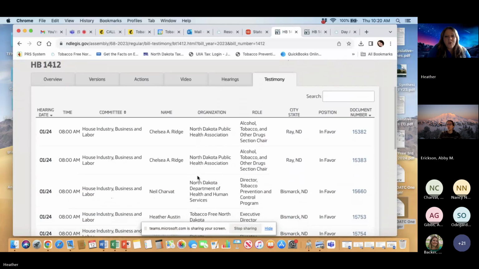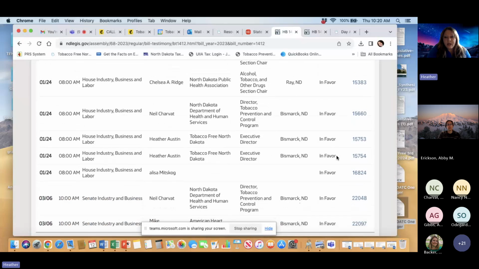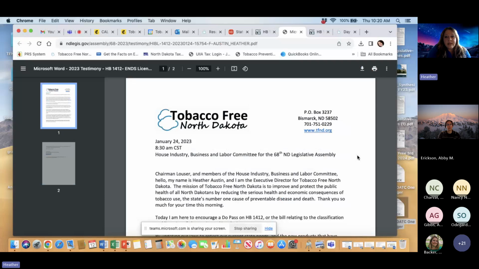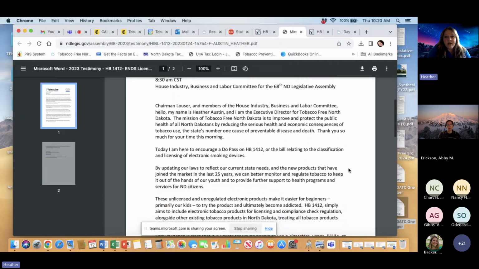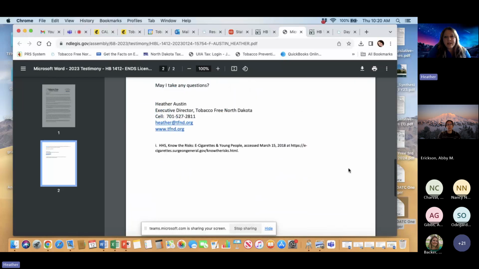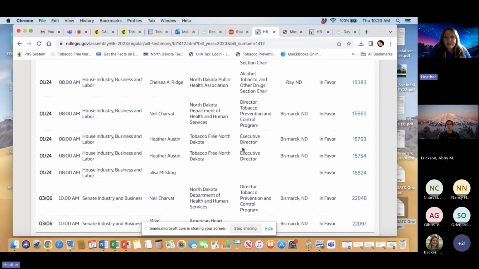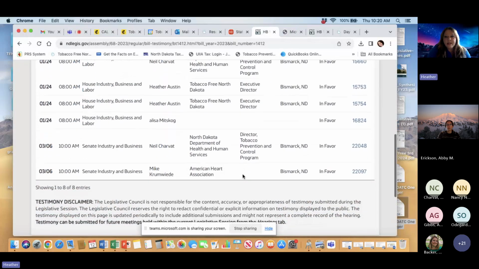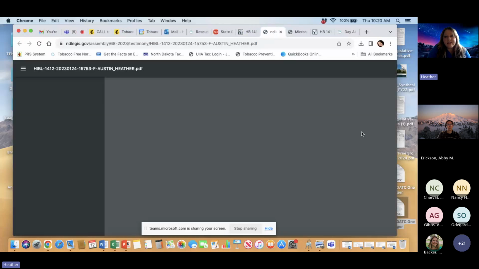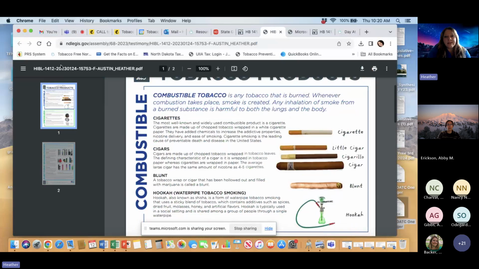So you can see who testified, whether they were in favor of it or opposed to it. If you click on the number that is linked, you can actually see the testimony that was provided. And I'll talk a little bit more about how to format testimony in just a minute here, but just for reference, you can see that as it was submitted. And you'll see sometimes the same person has multiple pieces submitted. This would be if you use any supplements in addition to your testimony, they'll attach those as separate pieces in this